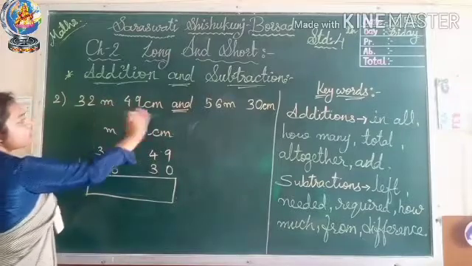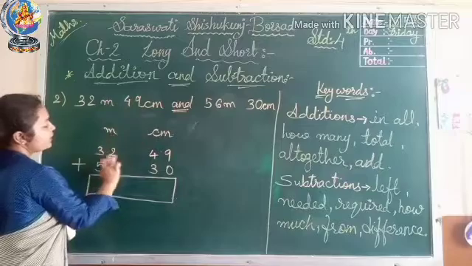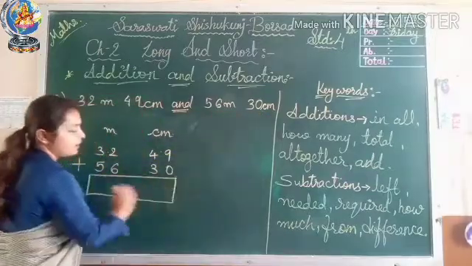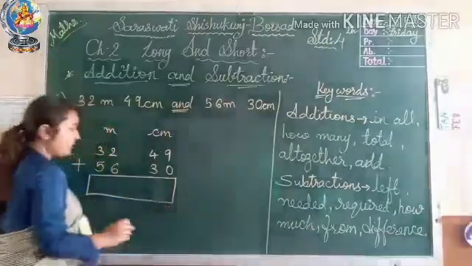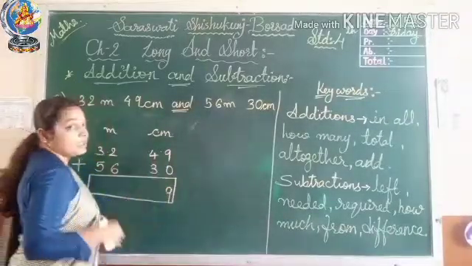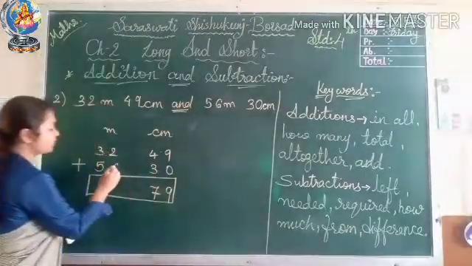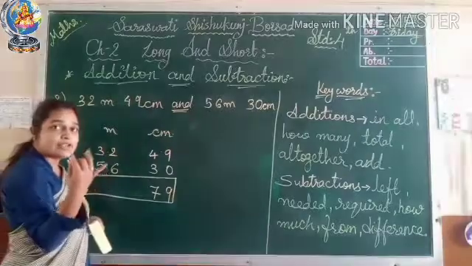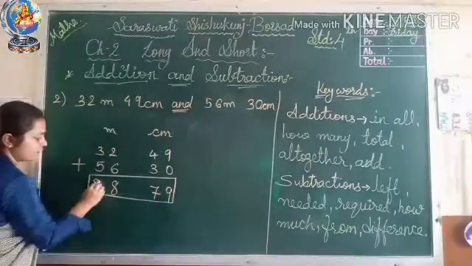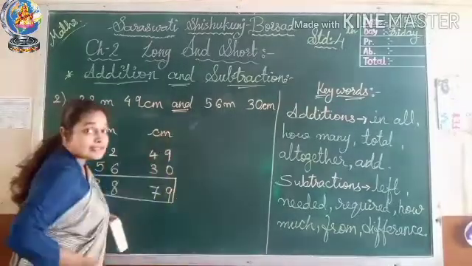Look, I have not written all the units, the same whole number I have written: 30 to 49, 56 30, it's in one sequence. Fine. So 9 plus 0 will remain 9, 4 plus 3 is 5, 6, 7. So it will be 7 here. 6 plus 2 more is 7, 8. 5 plus 3 is 8. So your answer is 88 meter and 79 centimeter.